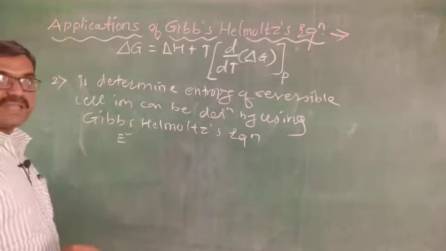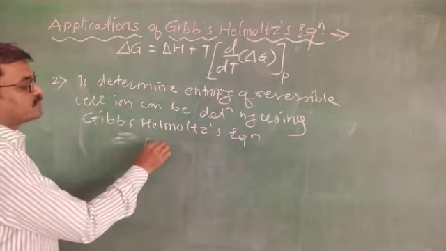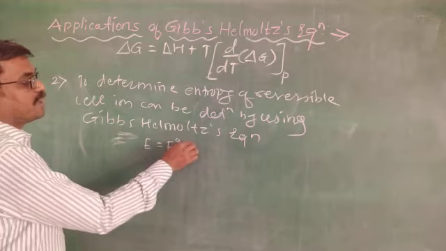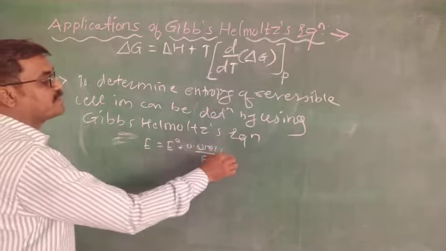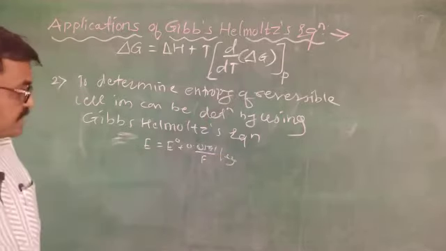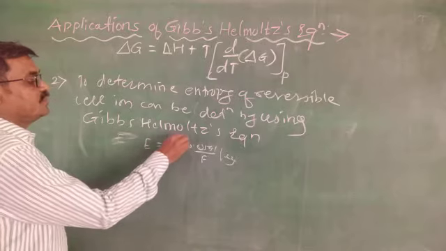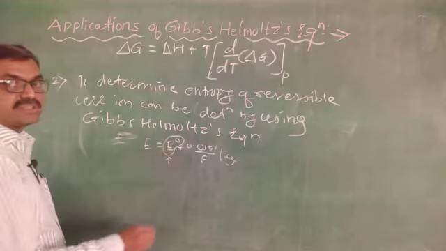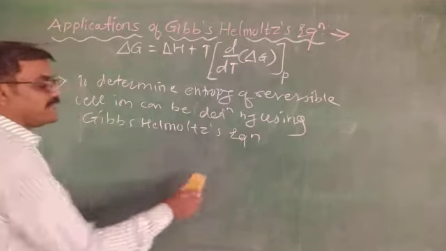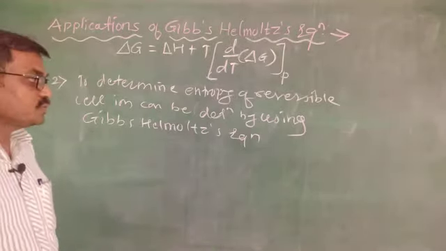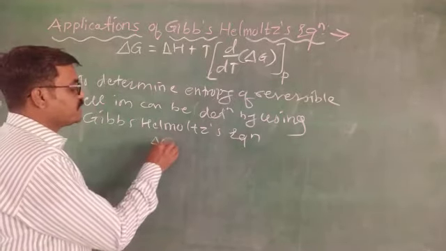its standard potential by the relation E equals E0 plus 0.0591 upon F into log to the base 10 of concentration of product upon concentration of reactant. Now from this Nernst equation you are able to find out this standard electrode potential. If this standard electrode potential at two or more different temperatures is known, then you know the relationship